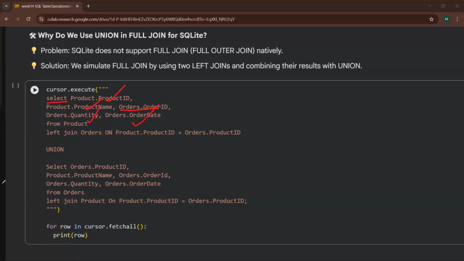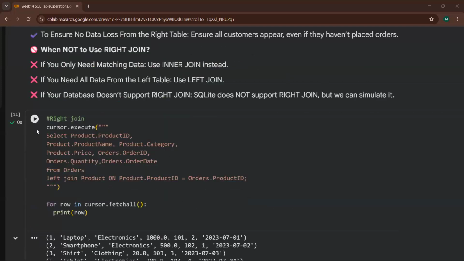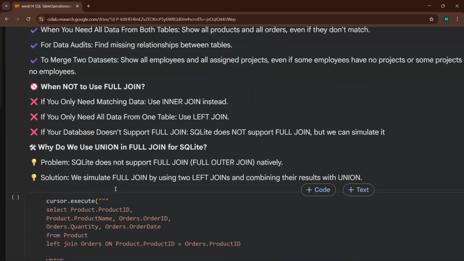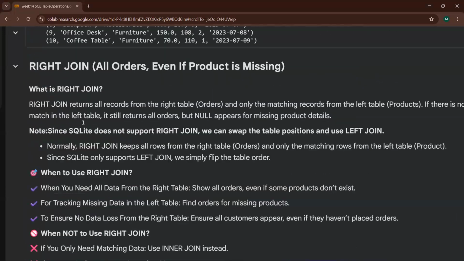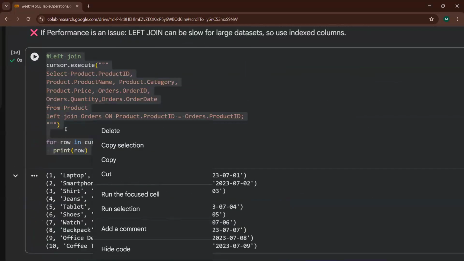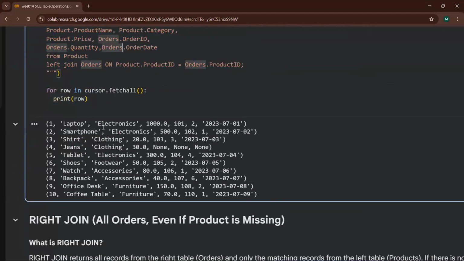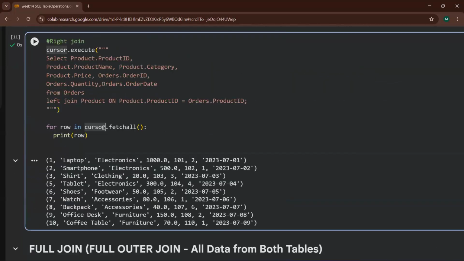Now, guys, what you have to do is copy this part and this part. I showed you the left and right joins. In the first one, put this. In the second part, put this, and in between both of them, just put a union.